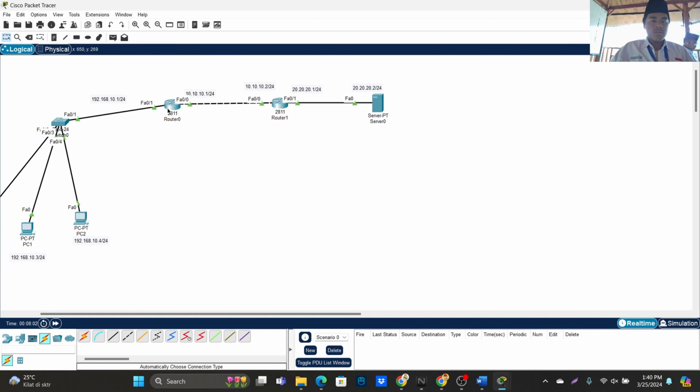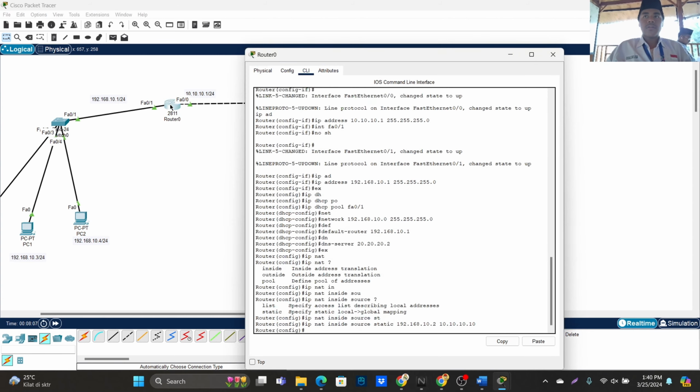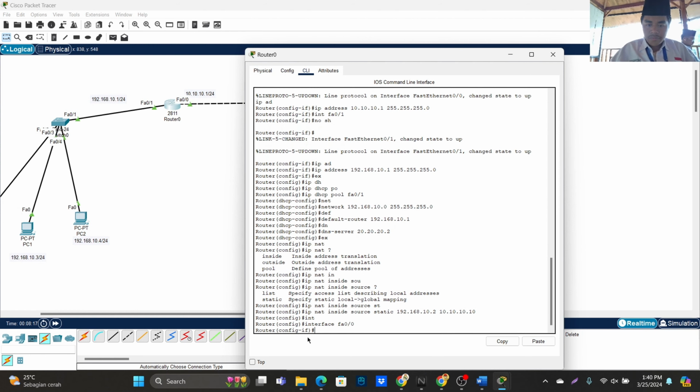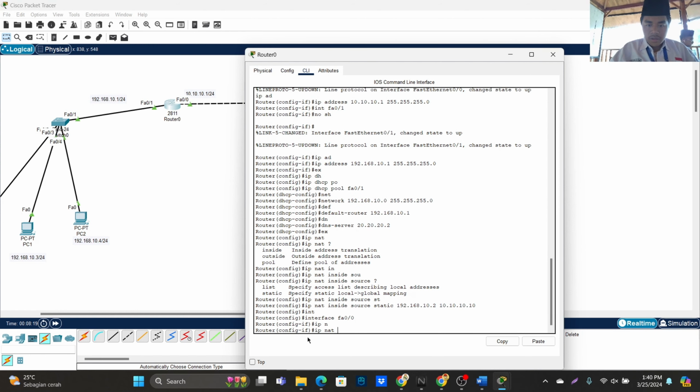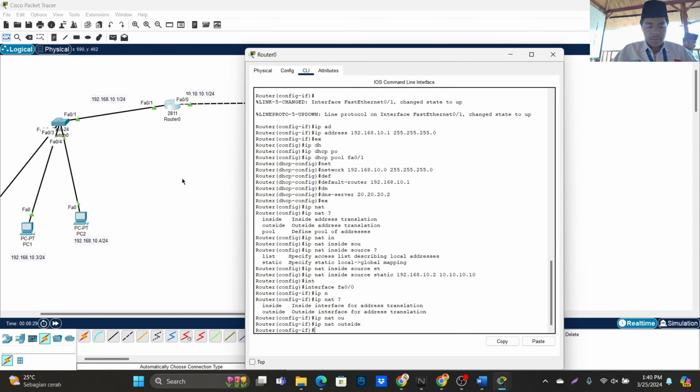If you want to use inside, use FA0/1. So go to interface FA0/0, IP NAT outside, because we use interface FA0/0 as outside.